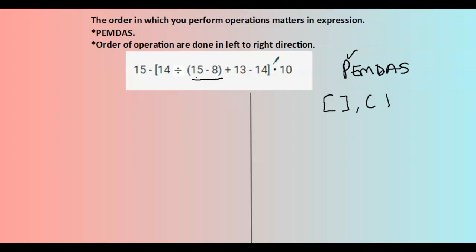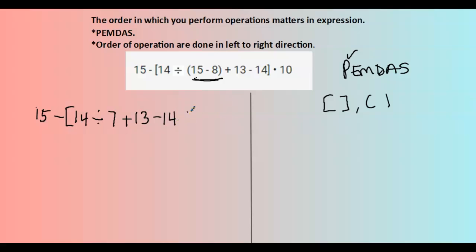But let's do the inner one first. So we have our minus, our big bracket, 14 divided by, so we are working on this 8, take away from 15, that will give us 7, that's 13